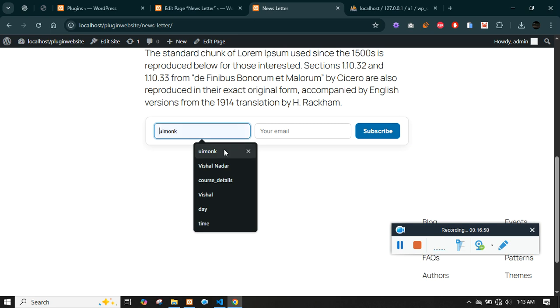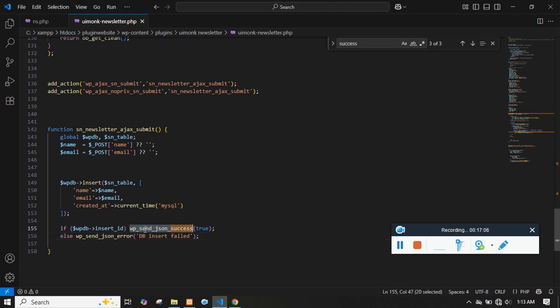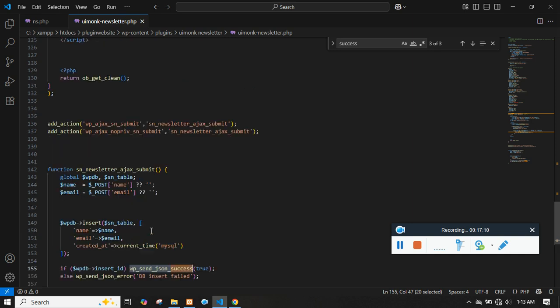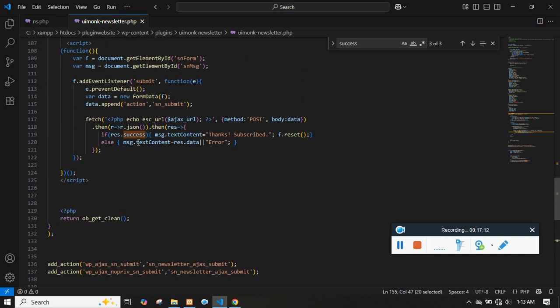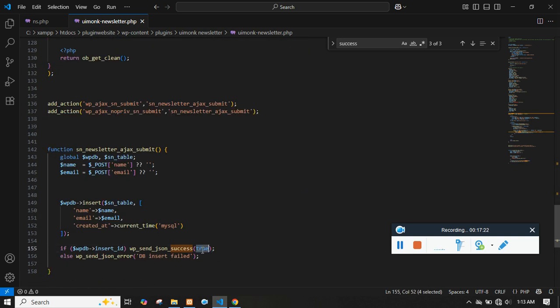If I enter UImonk as the username and an email, and click on subscribe, if it is a success, we'll get the message from wp_send_json_success, and these would be accessed on this success parameter. Based on that, your div with id sn msg will have the text only if there is a success. Then if there is a failure, you will see